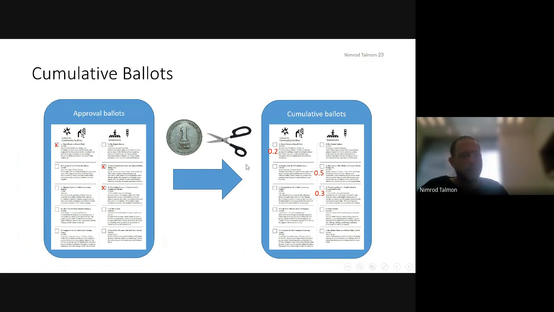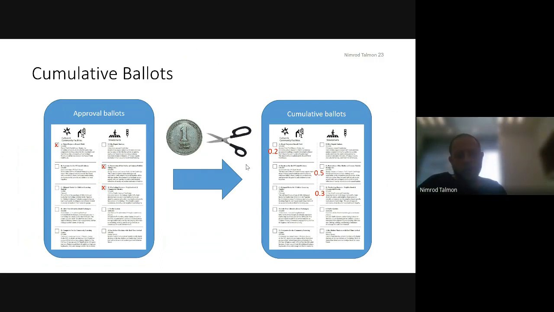And so this is one reason why maybe cumulative ballots could be better, at least for some voters, because it gives more expressive power or flexibility to the voter. And somehow very intuitively,